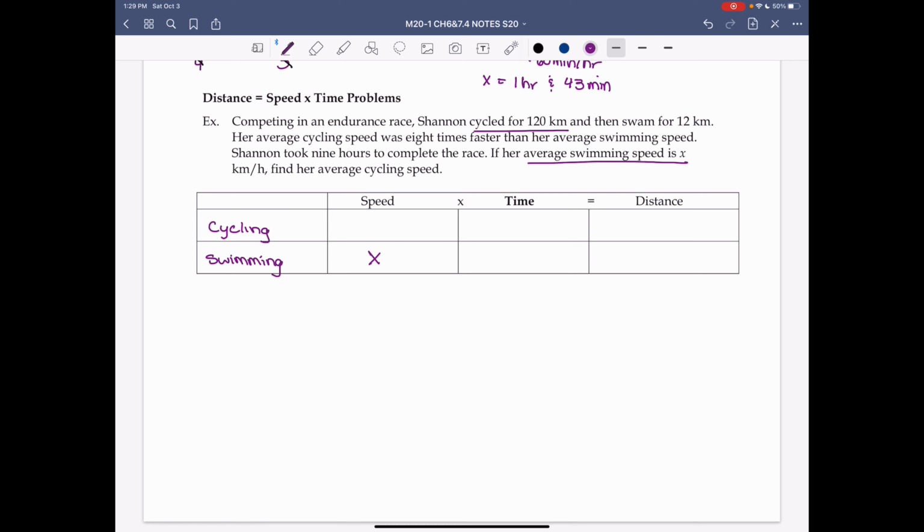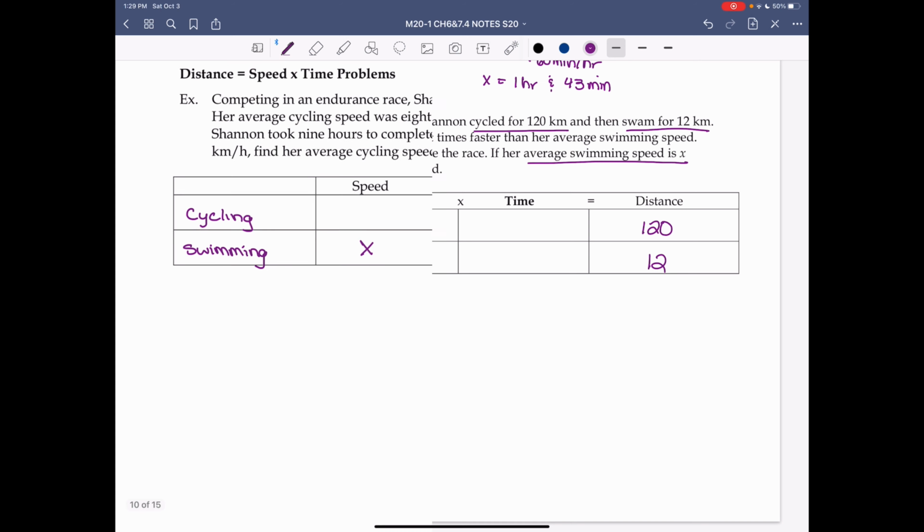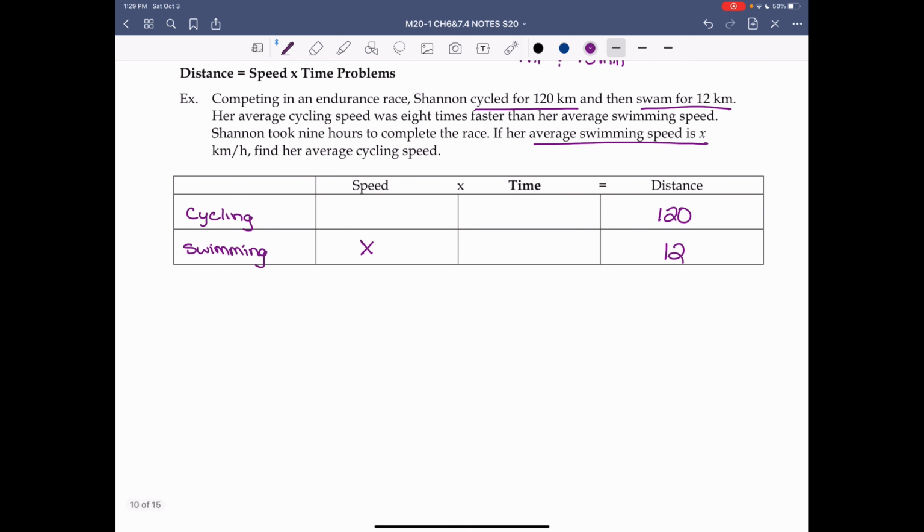So the distance for cycling is 120 and swam for 12 kilometers. Her average cycling speed was 8 times faster than her average swimming speed. Her average swimming speed is X. So her average cycling speed was 8x. Shannon took 9 hours to complete the race. So that means the total time